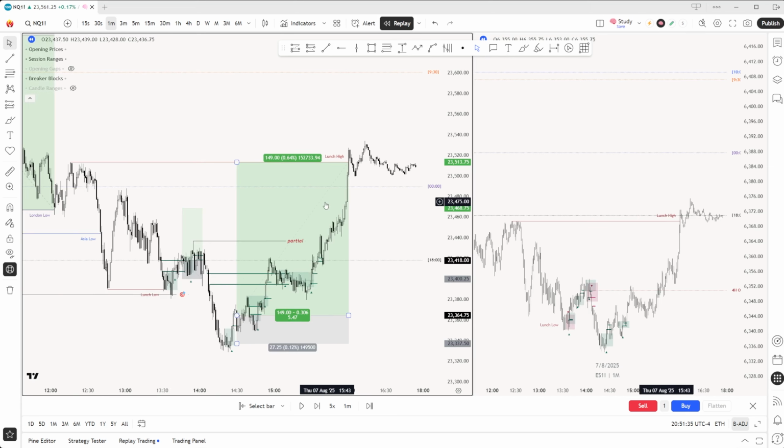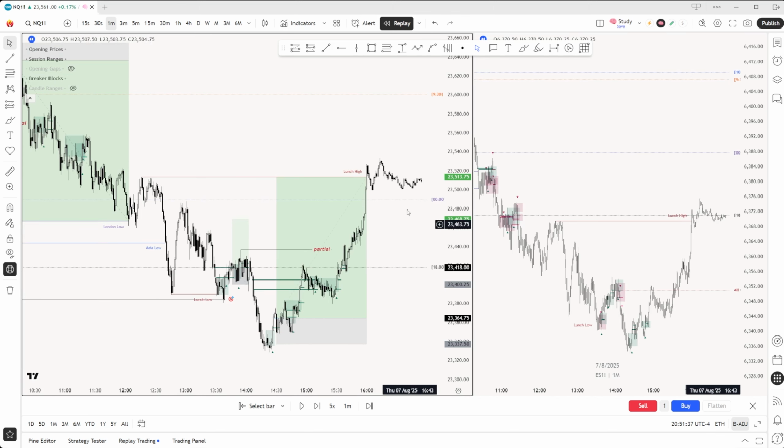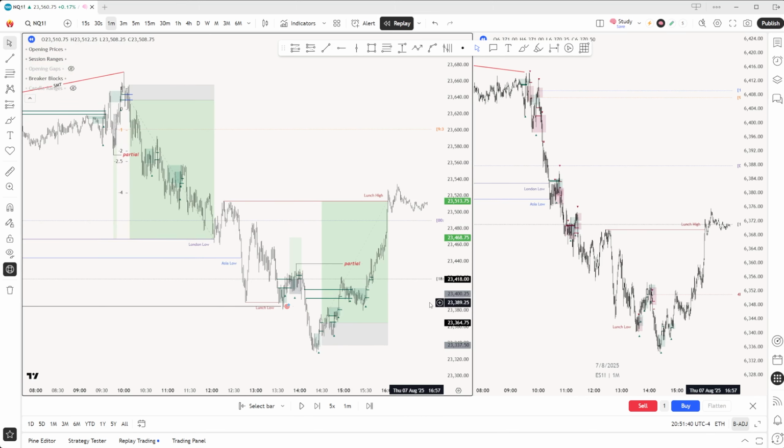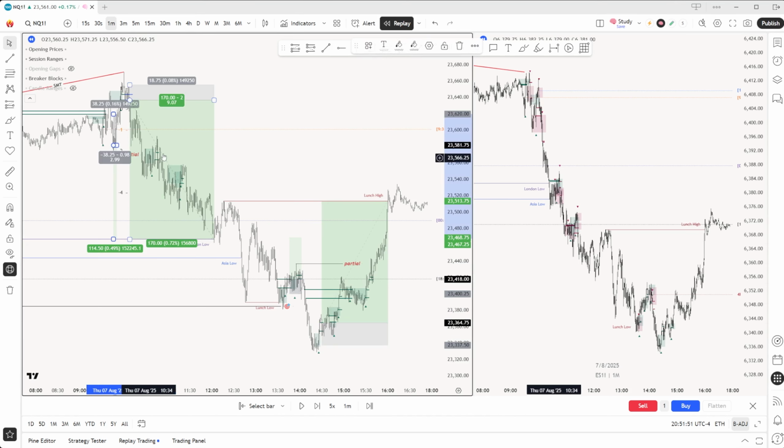And let me tell you guys, there is a lot of potential, especially during the summer, for these PM trades. Overall, what do we see? If you were bullish, in the morning you would have gotten fucked, and then in the PM you would have had one loss, one win. If you were bearish, in the morning you would have had a loss, a win.